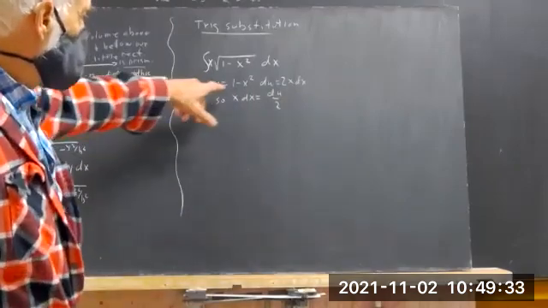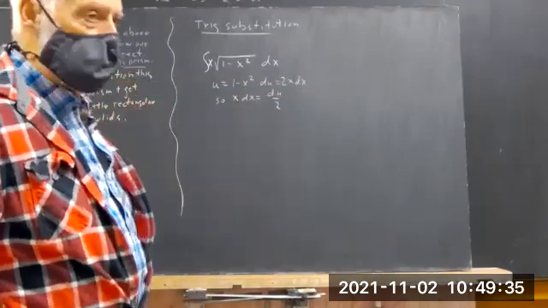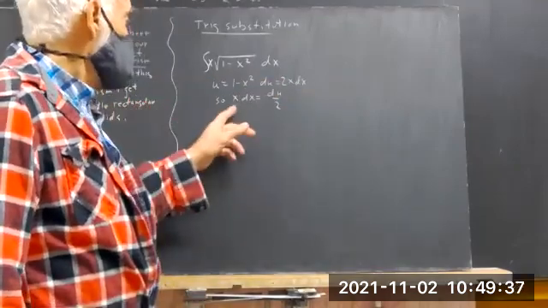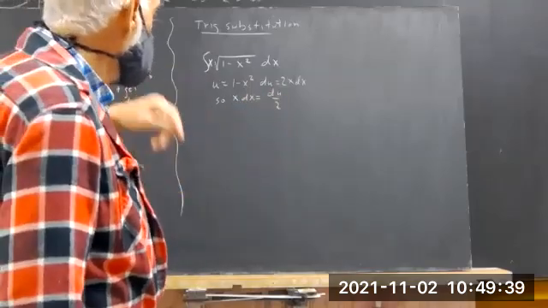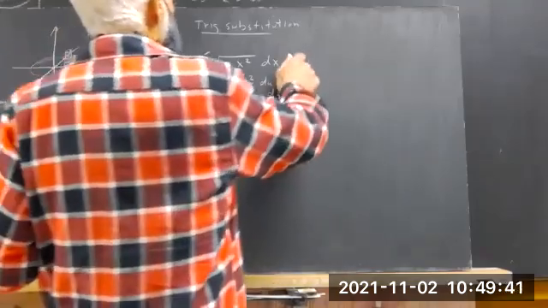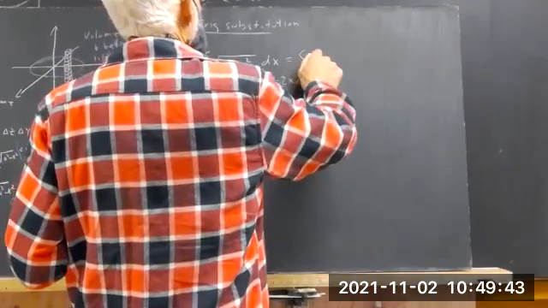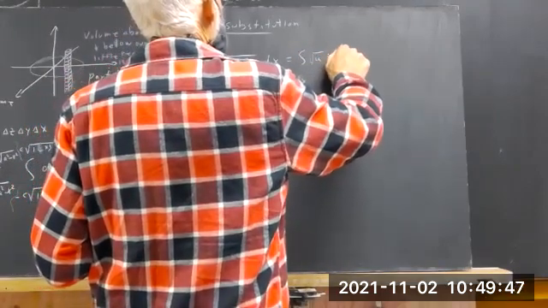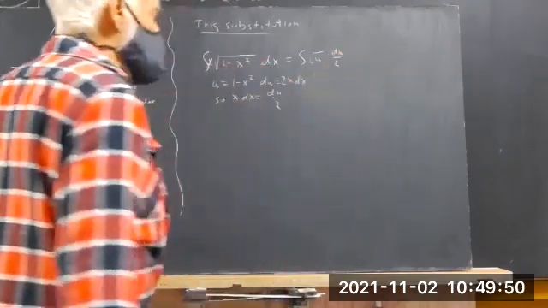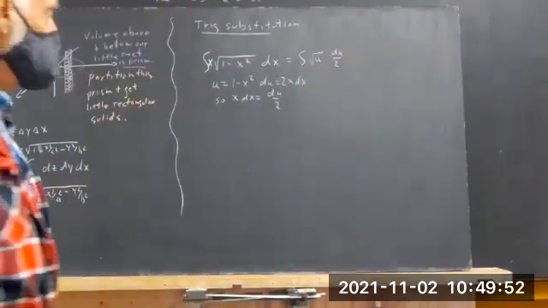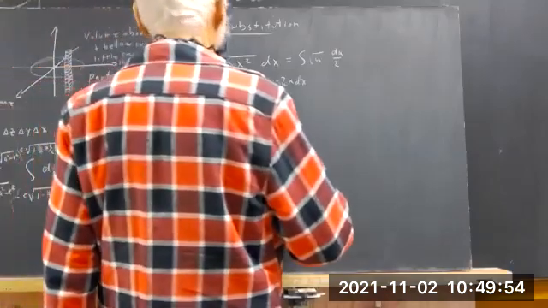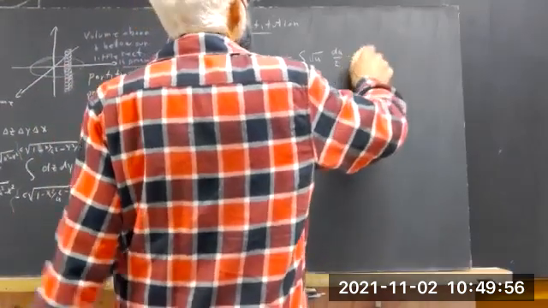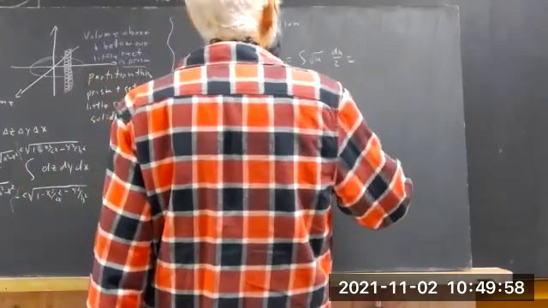Okay, so use 1 minus x squared to use 2x dx. So that x dx is du over 2. So what we now have is the integral of the square root of u times du over 2. And that's easy to integrate. And that's going to be